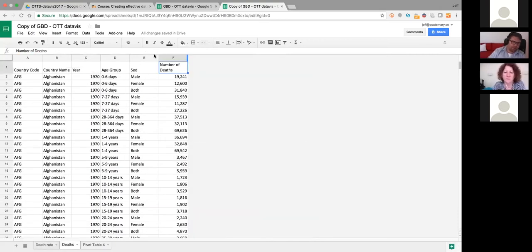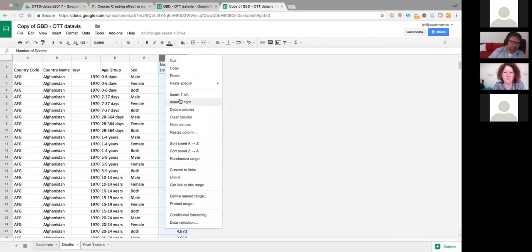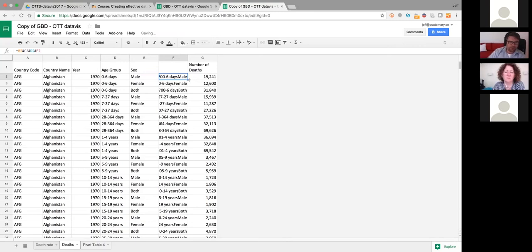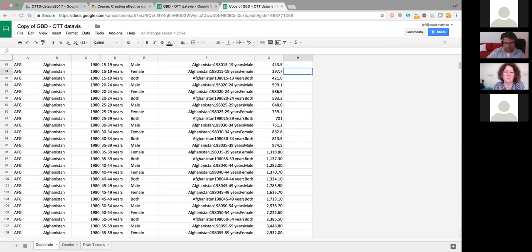Unfortunately, we have the same problem in this particular table, so I'm going to repeat that. So I'm going to create a unique identifier by putting an equal sign for a function, and then say the country, the year, the age group, and the sex. And we have that exact same sort of unique identifier. And if I double click on that bottom right hand corner, then all of that is filled down. So now we can actually do the hard job of putting together our